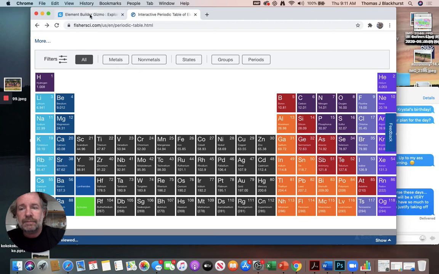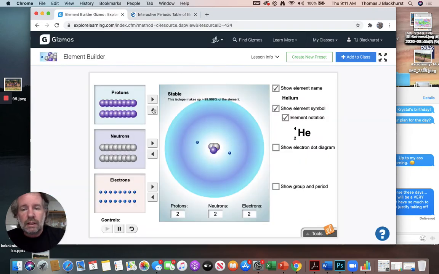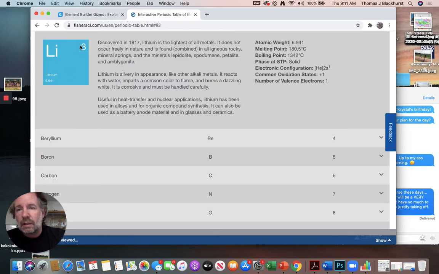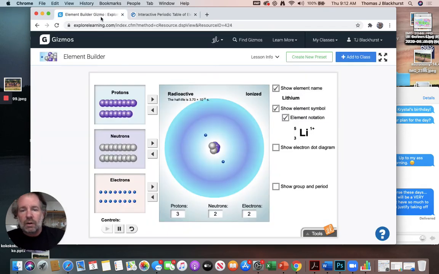And then moving forward, if we go to lithium, right? Notice when I change the number of protons, that forms a completely different atom. So now we've got lithium. And actually, if I go to the periodic table and I look at lithium, it's going to have an atomic number of 3, so it's going to have 3 protons, but its atomic mass is going to be 6.941. I can round that number off to 7. 7 minus this 3 for the mass of the protons gives me the number of neutrons. So 7 minus 3 would be 4. I would have 4 neutrons on a typical atom of lithium,